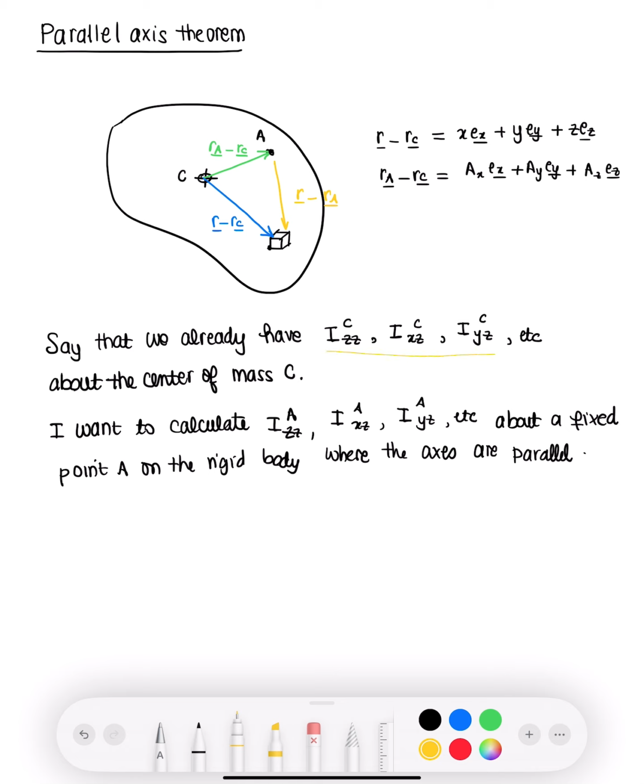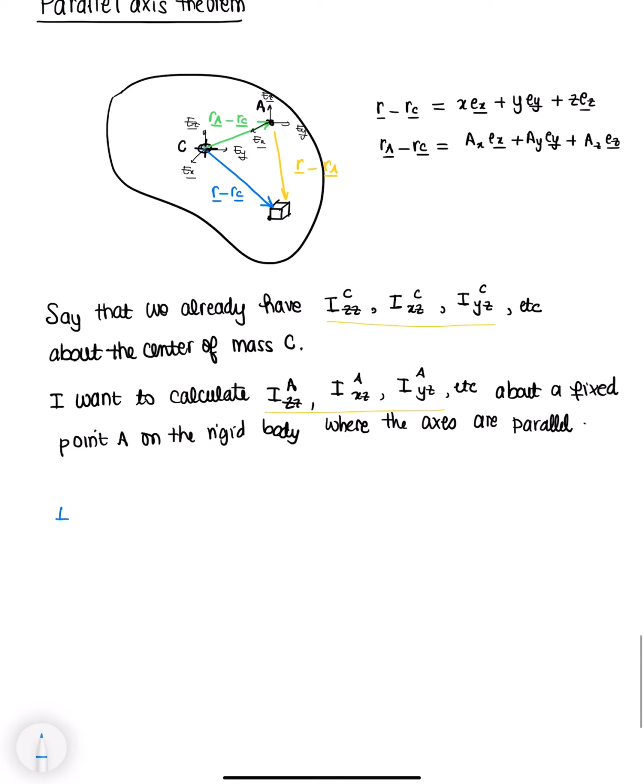Now to calculate the moments of inertia about A, where the axes are parallel, meaning that if I have say Ex, Ey, Ez at C, then Ex, Ey, Ez at A are parallel. If I want to calculate the moments of inertia and the products of inertia about point A, do I need to do the integrals all over again, or is there a shortcut I can take? So remember, the products of inertia about point C,